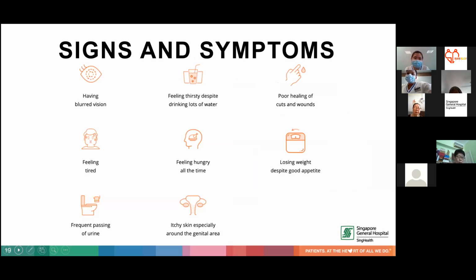So these are some of the signs and symptoms associated with type 2 diabetes. As type 2 diabetes is a chronic condition, it is slow and progressive and does not have any signs and symptoms in the early stages. In the early stages, people can feel normal and have no symptoms. Unlike, let's say, if an individual has a fever or cold, where people will have signs and symptoms such as,